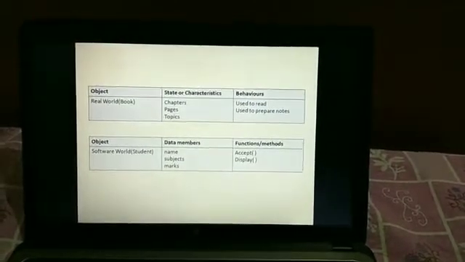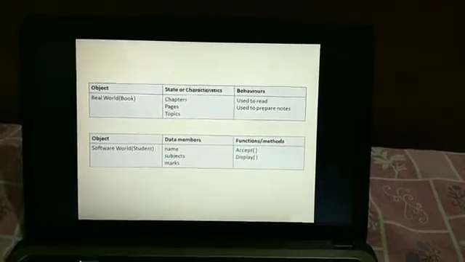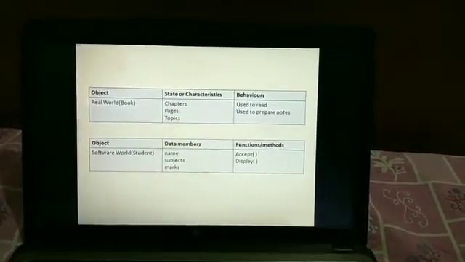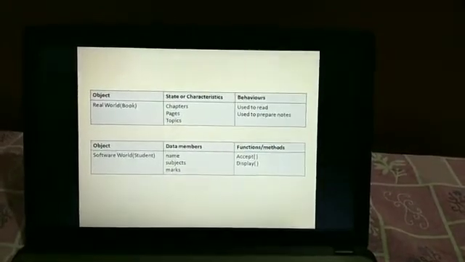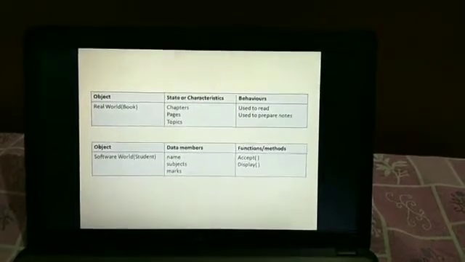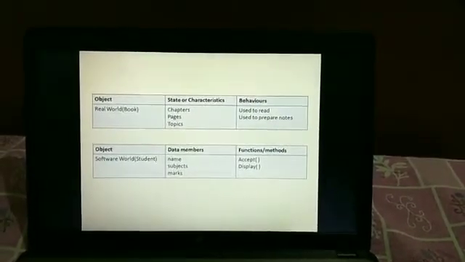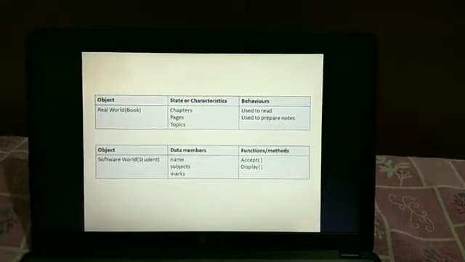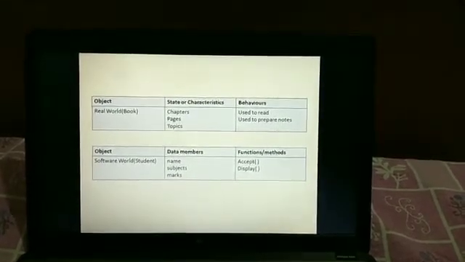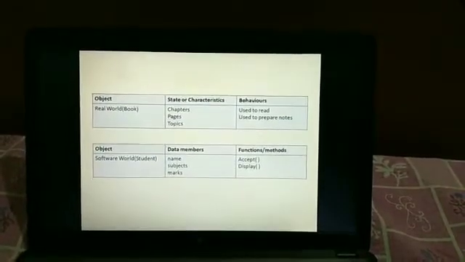What is it used for? It is used to read or to prepare notes. The same way under the software world, the object is considered as a student, and the characteristics are called data members under the software world and the behavior is called methods or functions.